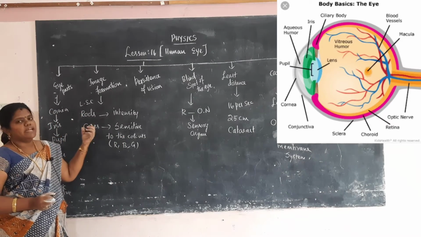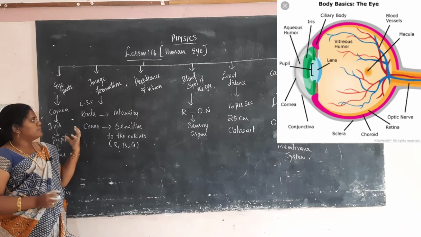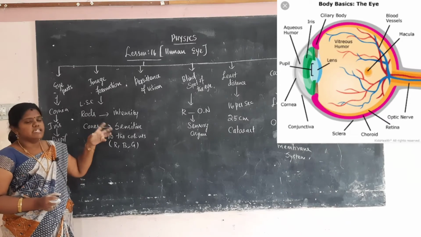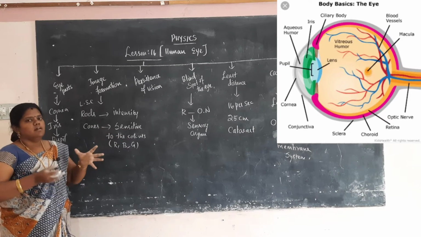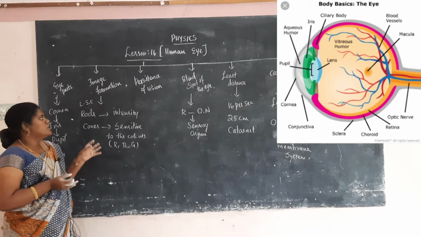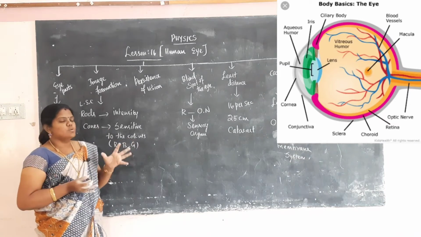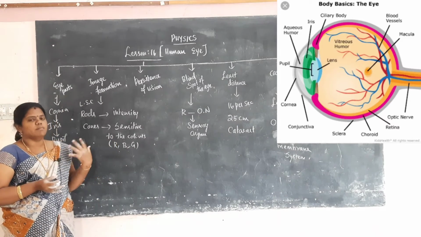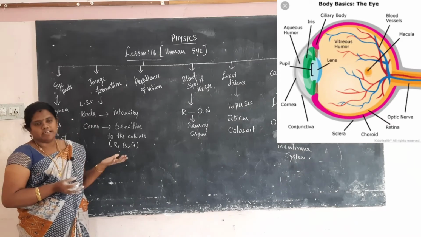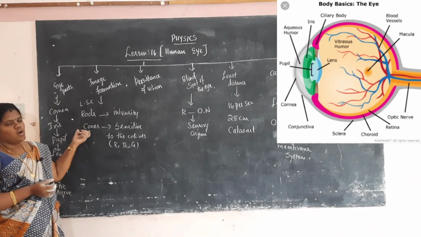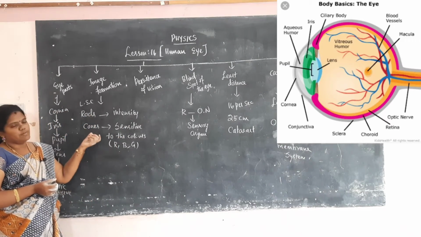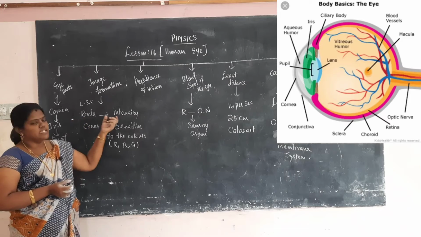When light enters, the rods contract and close due to the intensity of the light. Some light has high intensity, some has low intensity. Intensity means brightness. Sometimes we enter bright light, sometimes dim light. When bright light comes, we automatically close our eyes; that is the function of rods. Rods are very sensitive light cells that act on the basis of the intensity of the light.